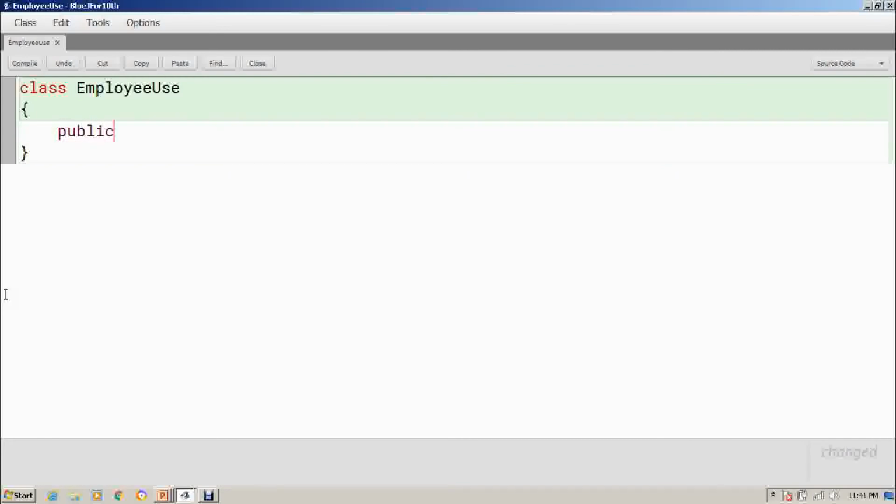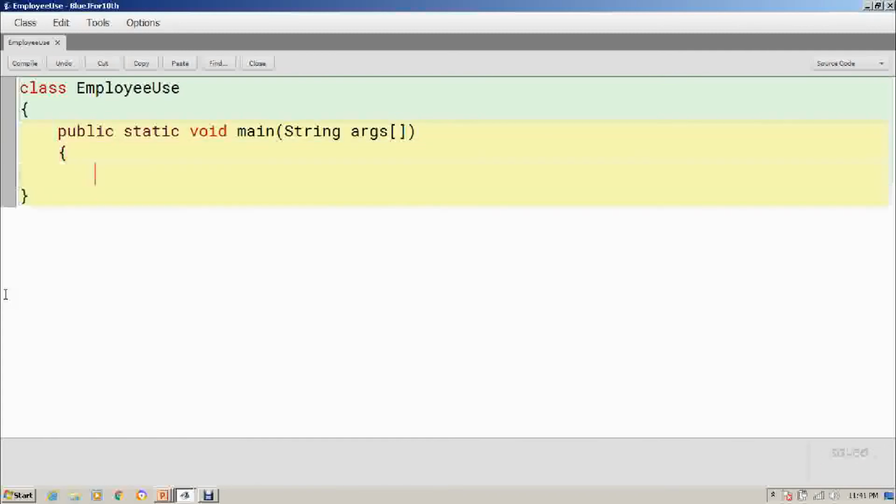Because I'm creating an application program, there should be public static void main in this program, with the same syntax, of course. One of my students asked, sir, I am not following the syntax, still I am able to execute the program as an application program. Actually, you are not.